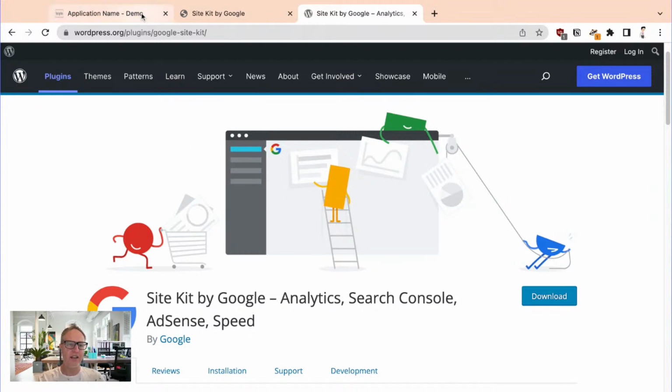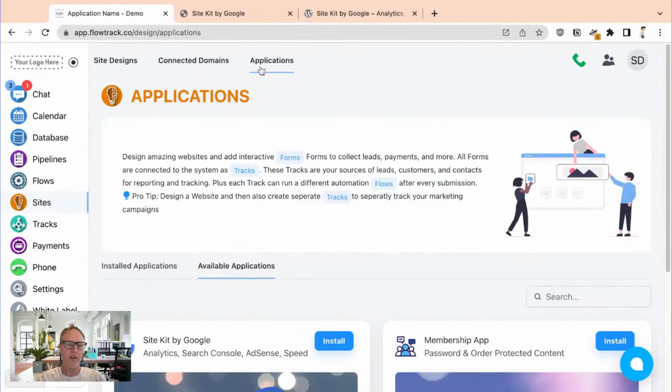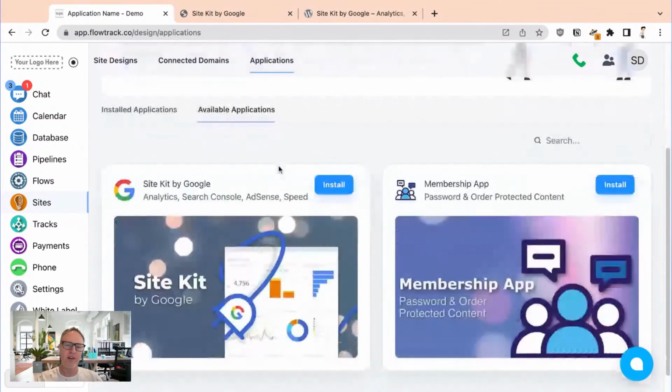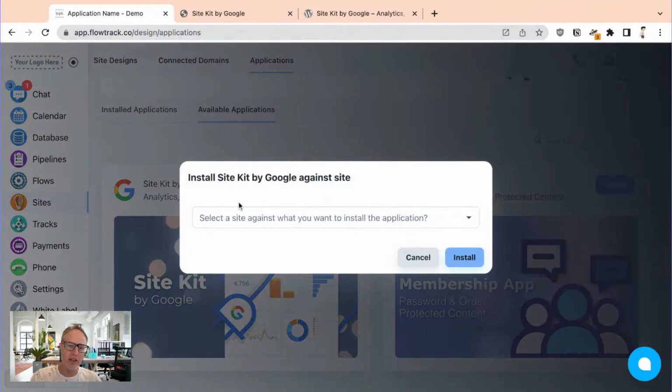Inside your system, you're going to go under Sites and click on Applications. Under Applications, you're going to see a few apps. Again, we have 2 here now, but we're going to be adding a lot more. So stay tuned. You're going to want to go ahead and click on the Install button for the application,